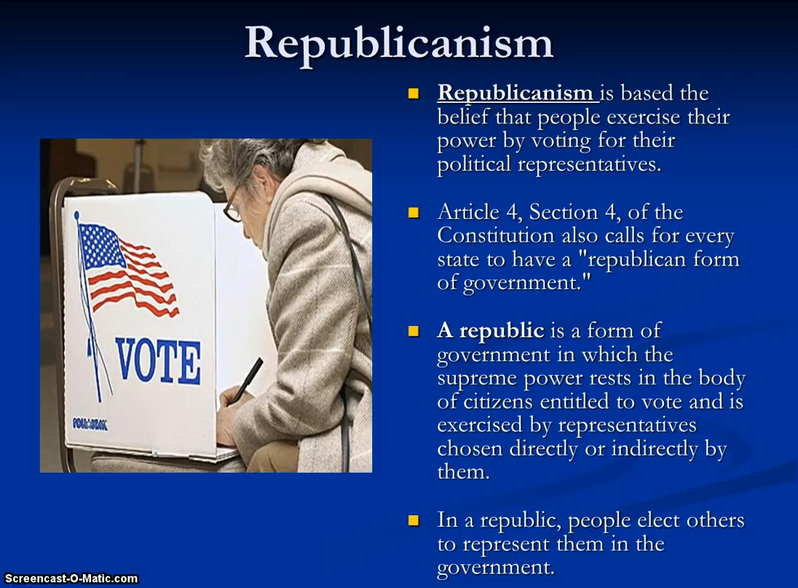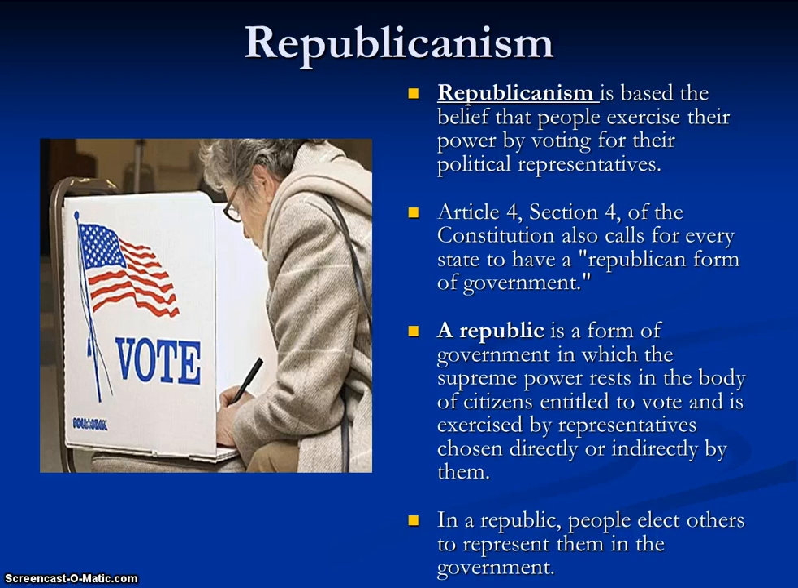The next principle of government is republicanism. Republicanism is based on the belief that people exercise their power by voting for their political representatives. Again, you're electing representatives to make decisions on your behalf. Article 4, Section 4 of the Constitution also calls for every state to have a republican form of government. So not even just on the national level, but on the state level, you have to have a republican form